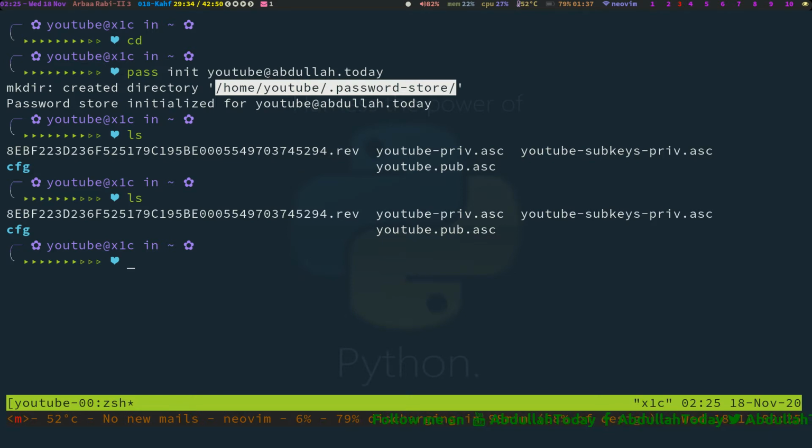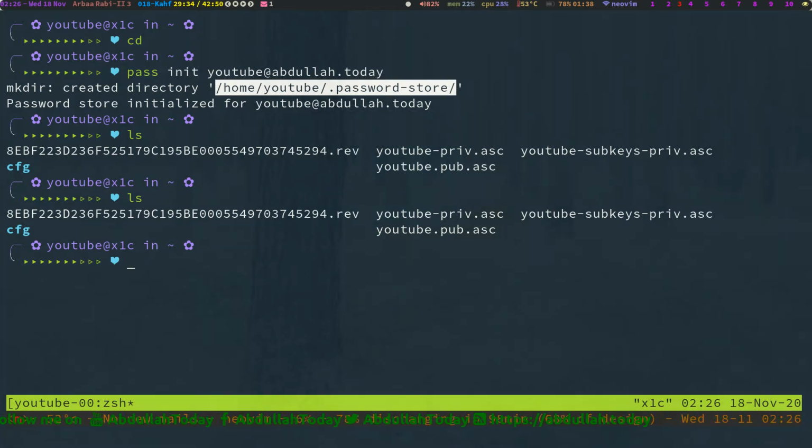So it is better to push this password store inside a private repository. As of now, GitHub also provides private repositories for free. GitLab also has this feature, so you are better off choosing one, like a GitHub repository, and making it private.